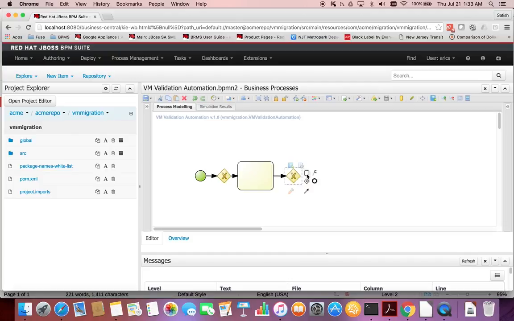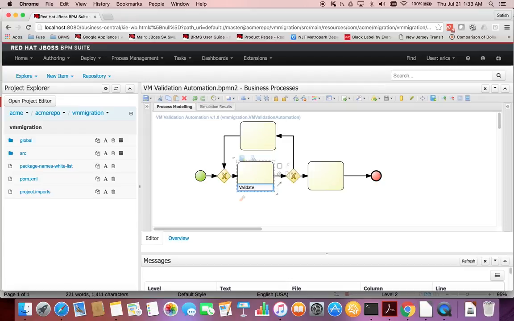And then from this gateway I'll create another task. From this task, I will be joining back to this, and I'll explain it to you in a bit. But let me just complete this particular task. So after the start, the first activity I'll be doing is